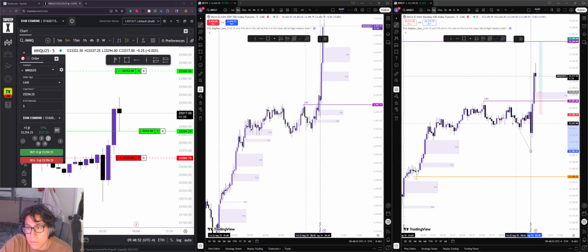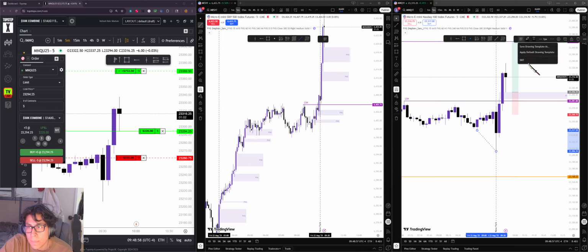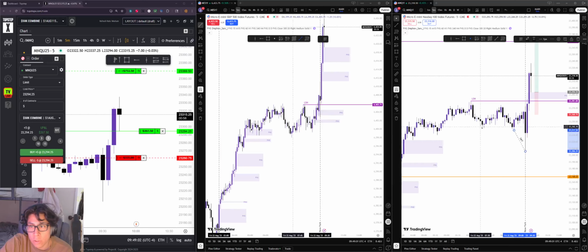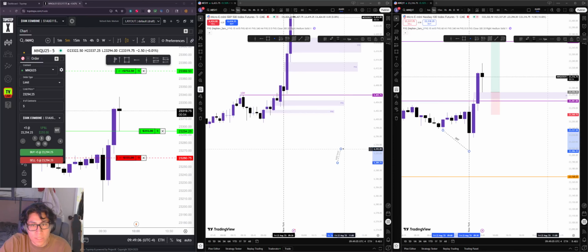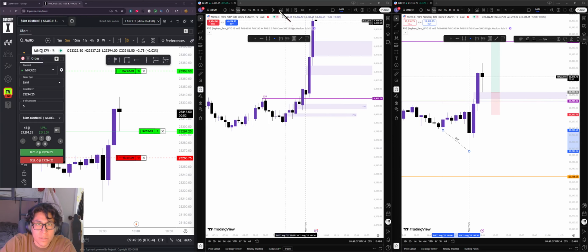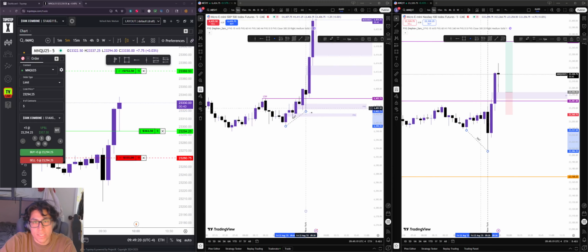we took out all of this liquidity sitting right here. So let's just point to this point right here. We took out this low and all liquidity sitting at this level. MES failed to do that. Hold up. Let's get rid of this. So we have this, and right here, this is 9 o'clock, and this is 9 o'clock. Yep. We failed to take out this low right here.